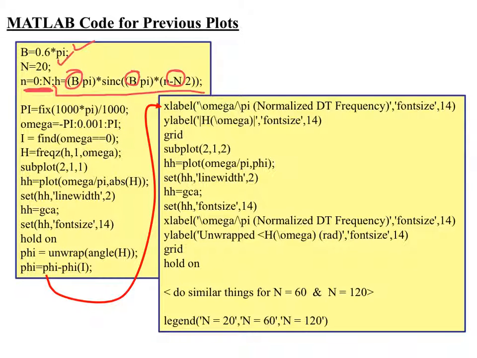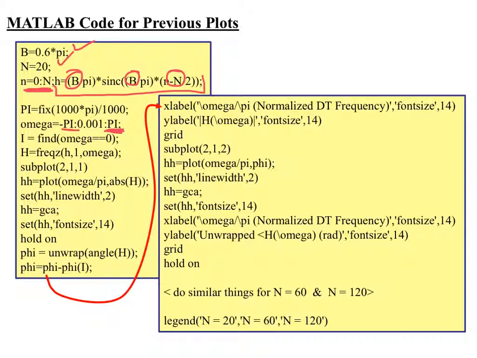and then I compute my actual impulse response values. I don't really have to compute a bunch and then explicitly truncate them. I just compute the ones that I want. Now I'm going to compute my frequency, which I normally just put in negative pi to pi with lowercase pi here,